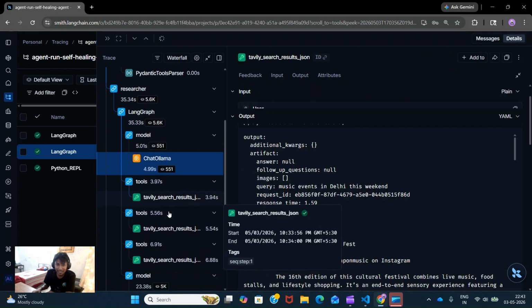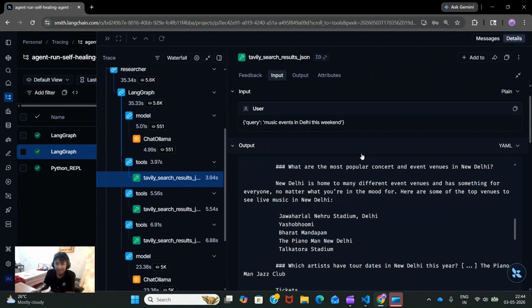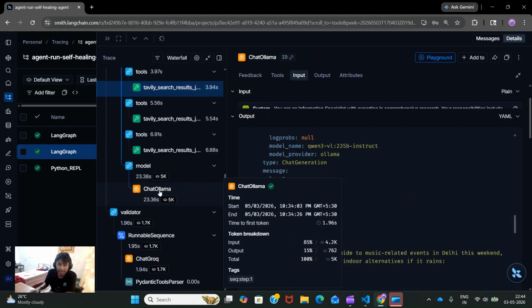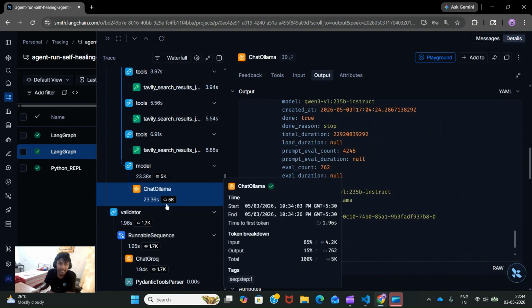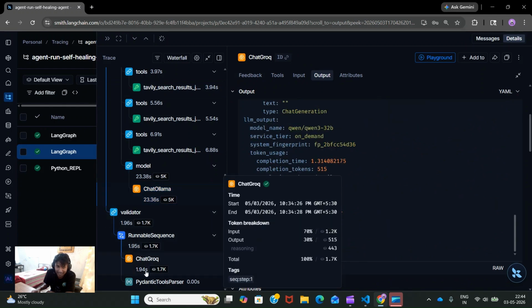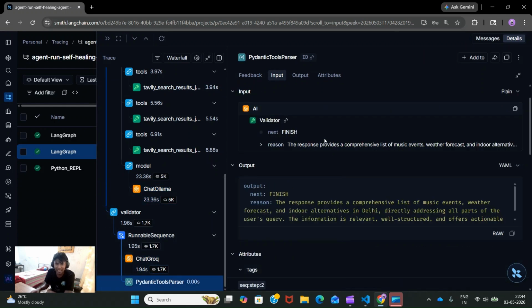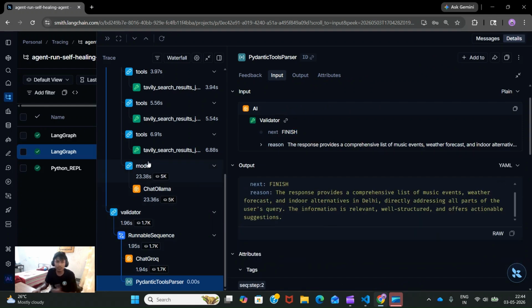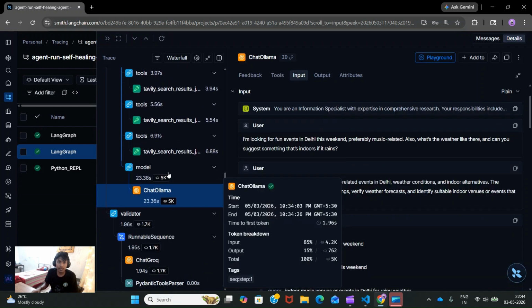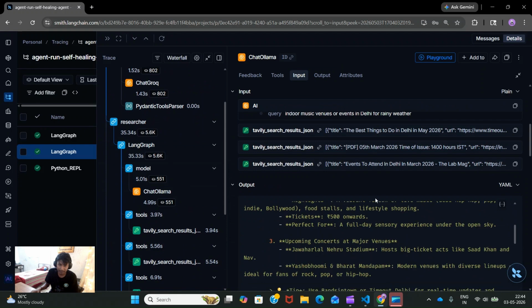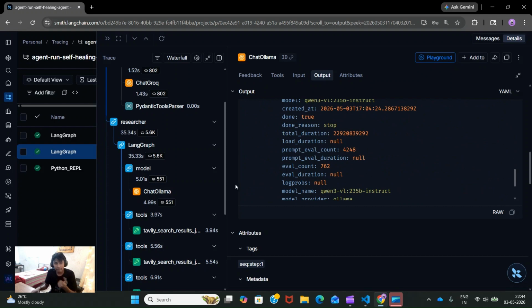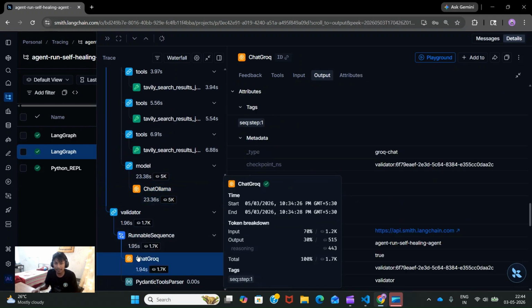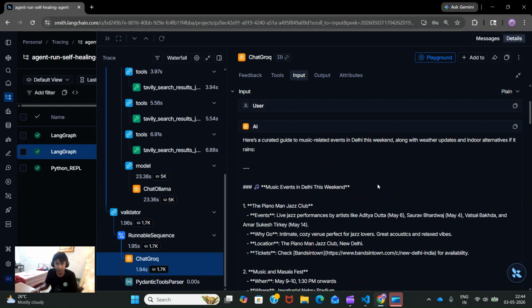The researcher uses Tavily tools to get the latest events happening, right? After using the tool, it has generated a response, and now that response has been given to the validator. The validator validated it and said, okay, now the things are finished, and gave a reason. And now the output of this researcher node will be given to the user. This is as simple as that, right? So if the validator found there is something which can be improved, then it will